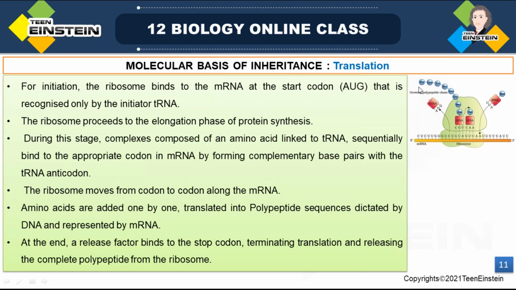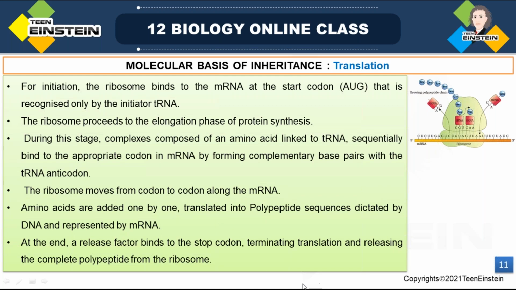Each amino acid is added one by one and it is translated to a polypeptide sequence. Here you can see, when the ribosome is moving, the amino acid is added to the growing polypeptide chain, and